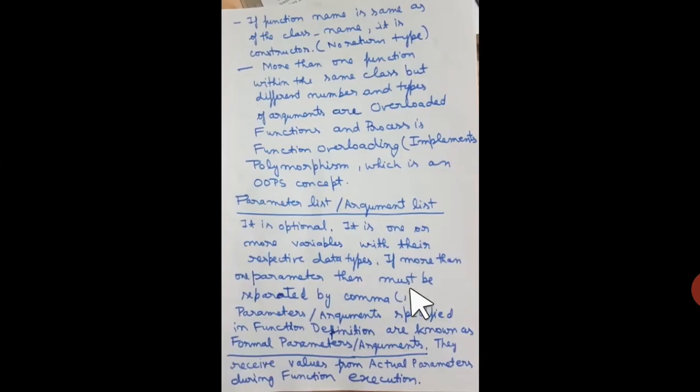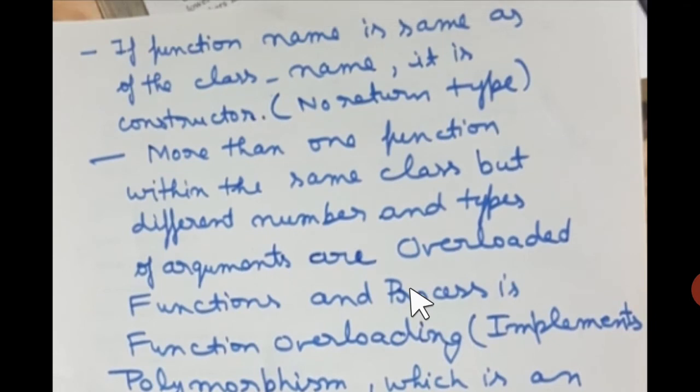All right, students, after that we have here, if function name is same as of the class, because their name is something which plays a very, very important role when it comes to function. See some situations here, it will be a big help for some advanced topics. If function name is same as of the class name, it is constructor. All right, purposely I have written underscore here because name doesn't have any space, so class underscore name I have written, right? It is a constructor, and it will be a constructor which has the same name as of the class name, plus one more thing, that it doesn't have any return type, then it becomes constructor.